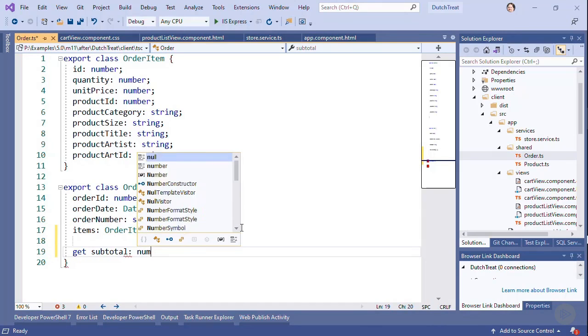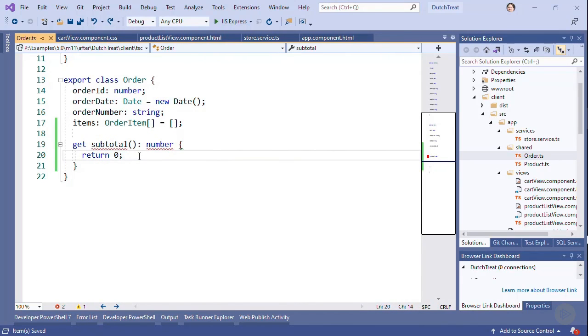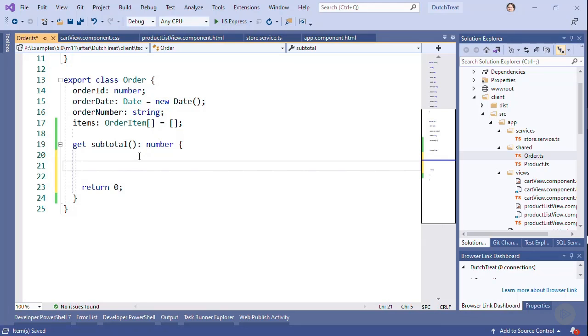And what is this going to be? This is going to be a number. And then we need to return some value. So let's return 0, and we can see then we have a property that we can then use. And of course, this is a read-only accessor to subtotal to get this property every time it needs to be read. And here we're just going to use a result, and we're going to use the